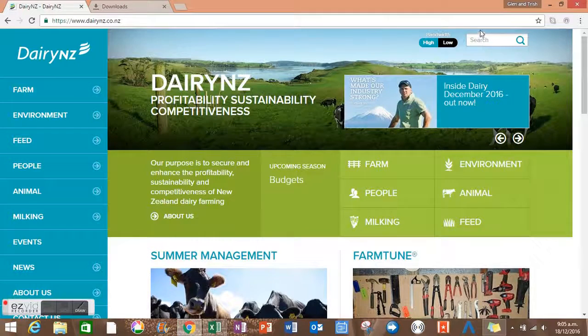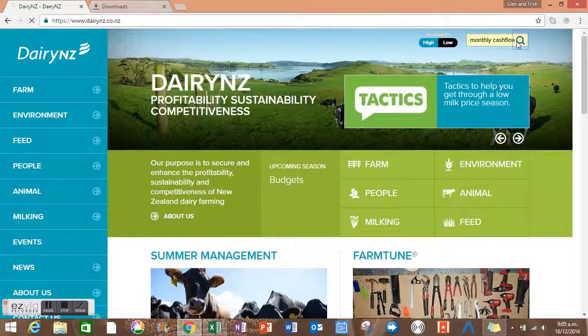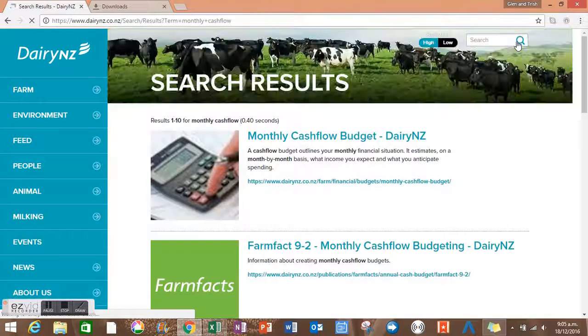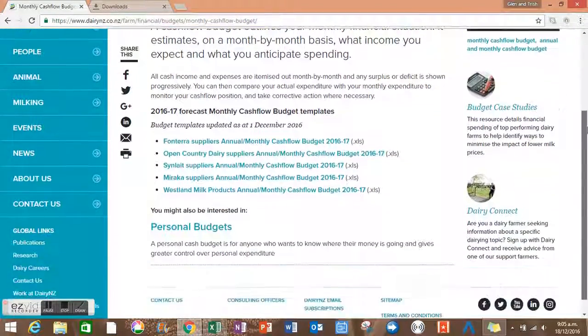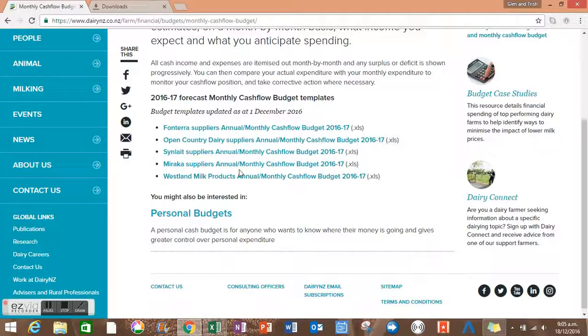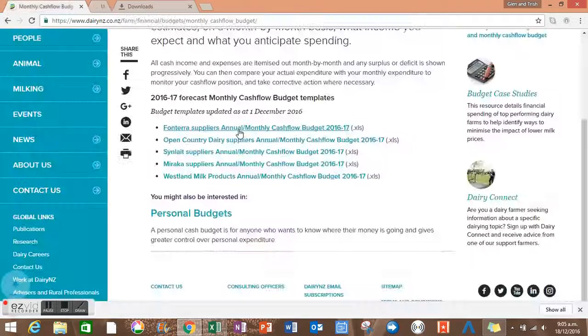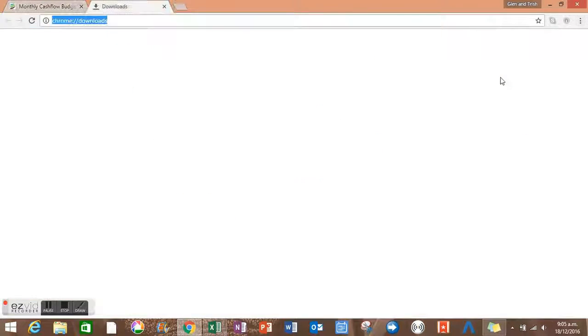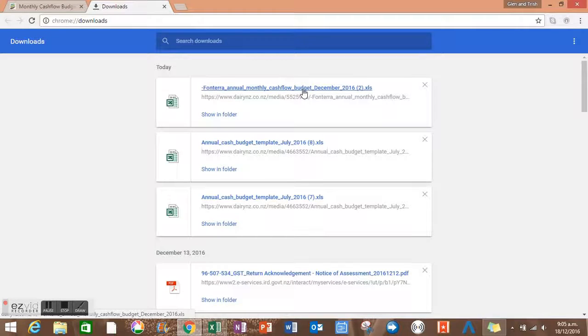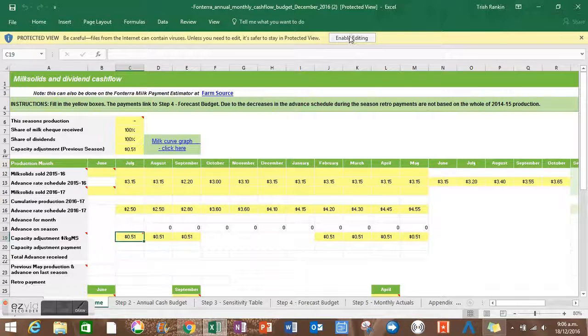First up, head on over to the DWN website and type in monthly cash flow and click on the search icon. Up the top you'll see monthly cash flow budget and you'll see that there's 5 different examples on the DWN website for all of the different milk companies, and the one today we're going to click on is just the Fonterra one. That's going to go into your downloads folder, and again just go into that and click on that to open it. Once it's open, click on enable editing,